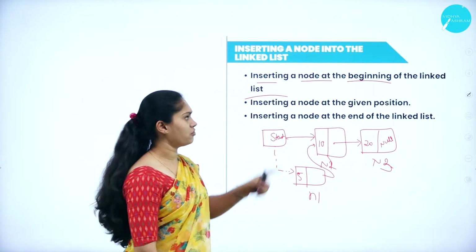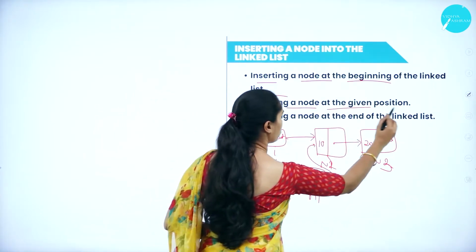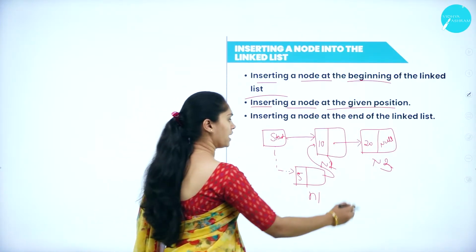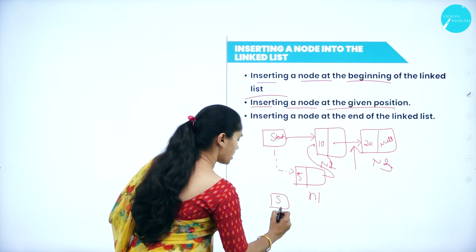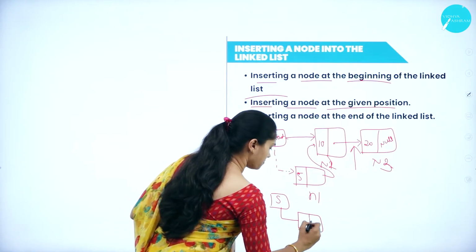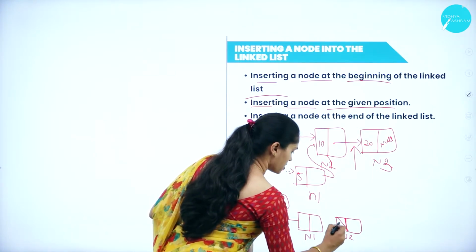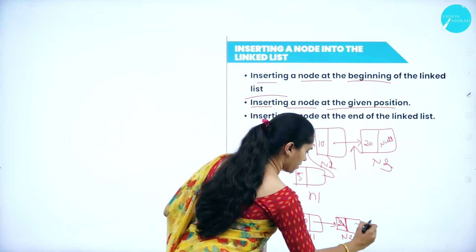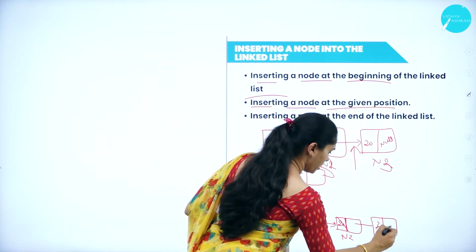That is inserting a new node at the beginning of a linked list, or else inserting a new node at a given position. As I discussed, here I have 2 nodes, but I wanted to insert one more node in between. For example, here start will point to the first node. Let me consider this as N1, and here we have one more, N2, which will contain 20, and this contains 10. This will point to the next node called N3, 30, and this will be my null.